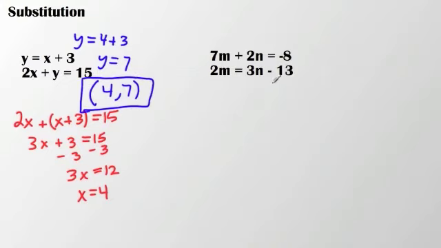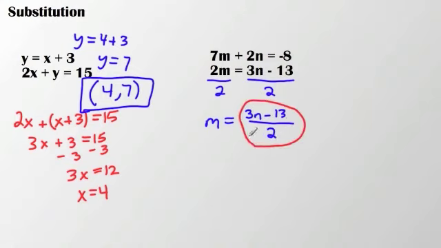Now in some cases, you have to do a little work to substitute one term in for another. So in this case I have 7m plus 2n equals negative 8, and 2m equals 3n minus 13. So the first thing I'm probably going to do is take this 2m equals 3n minus 13 and divide everything by 2. So I get m equals 3n minus 13 over 2. And then I'm going to take this value and substitute it into the first equation,